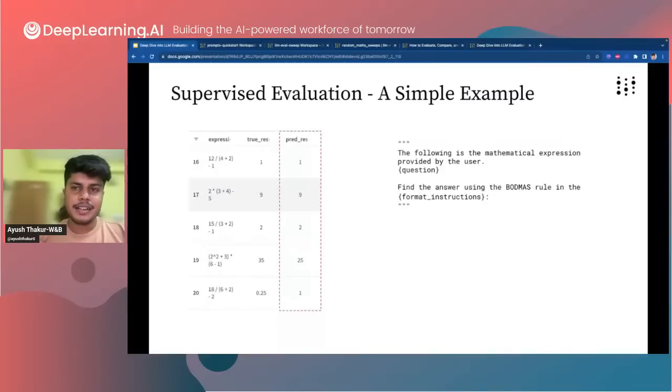And then I asked GPT-4 with the given prompt template. The prompt template was: the following is a mathematical expression, find the answer using BODMAS rule, right? And I provided the question and the formatted instructions. So the model was evaluated on 106 samples that I generated. The evaluation result, along with prompt usage and the cost, were all logged to WAN-DB tables, as you can see